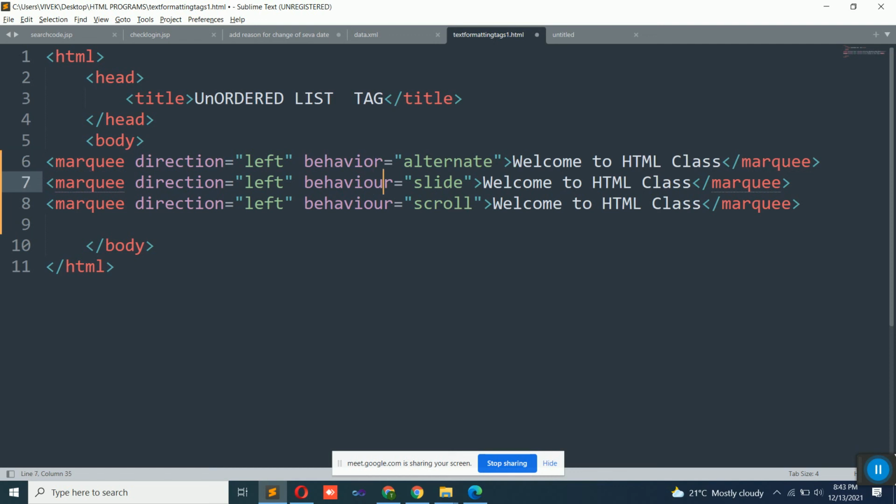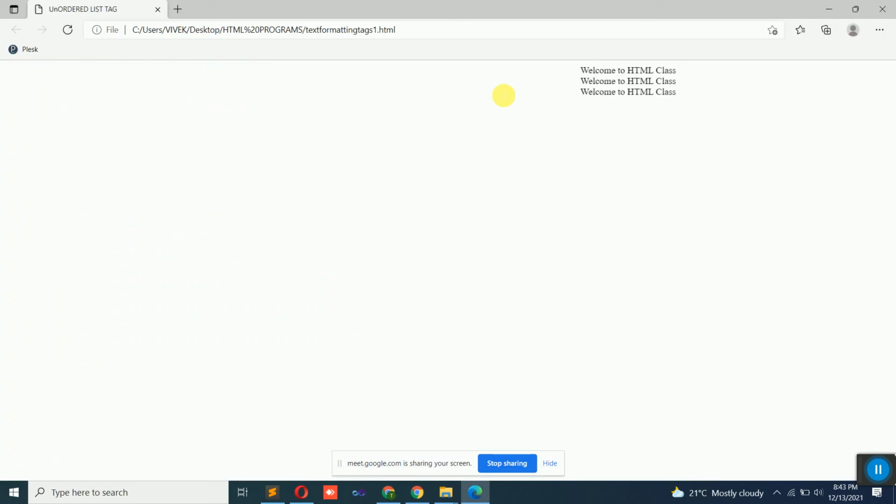No, there is a difference in the English in this case. UK English and US English, that is a difference. If you wrote behaviour, that is UK English, which will not work. So U should not be used here. So now you can see one text goes inside while another text is coming back,